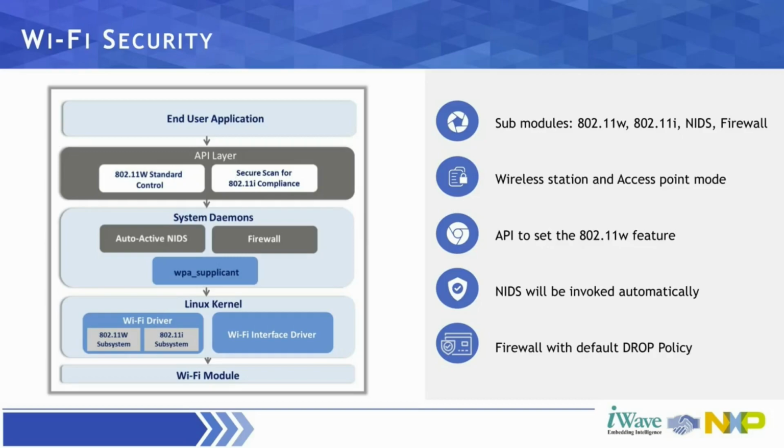And here comes the WPA supplicant, which handles things such as scanning, authentication, and association. The WPA supplicant runs in user space, which internally communicates with kernel space through sockets. At a high level, there are various levels of Wi-Fi security which need to be taken care of depending on the security required, depending on the sensors, depending on what type of access control you want, and the password control you require.